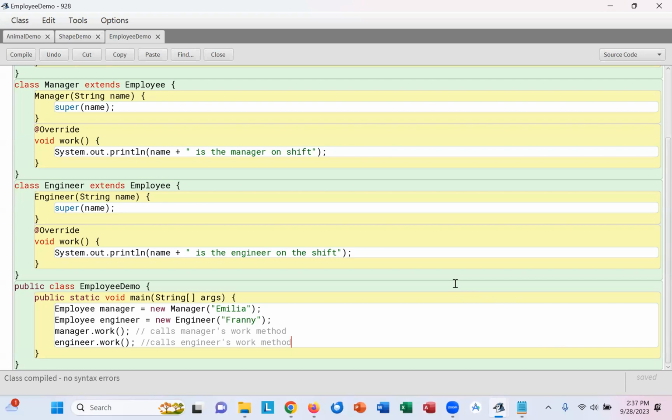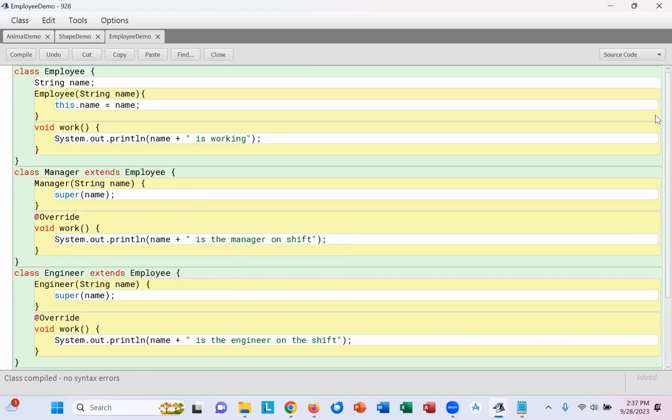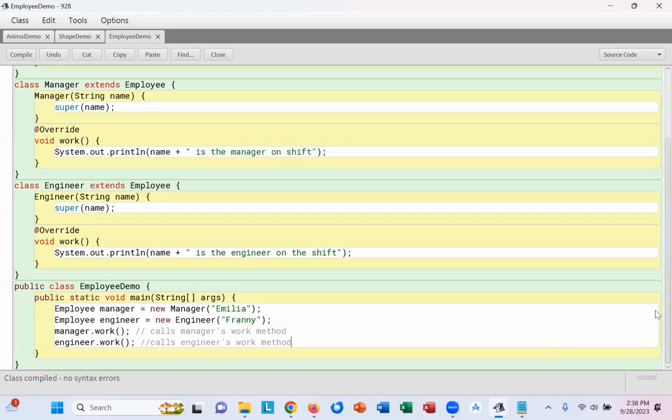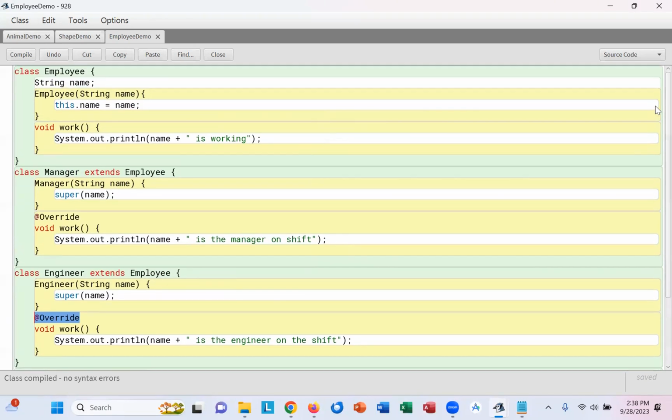Fairly simple, correct? Instead of writing 80 lines of code in this example, it's close to about 30. That's what inheritance and polymorphism help us with. We use this override to override the void work method in our first class, our superclass employee, but we need to use this super name in order to inherit